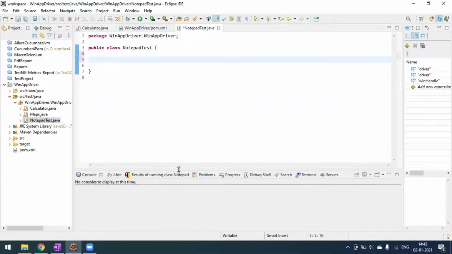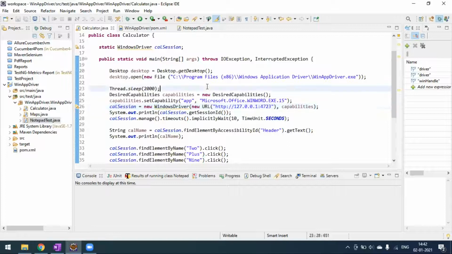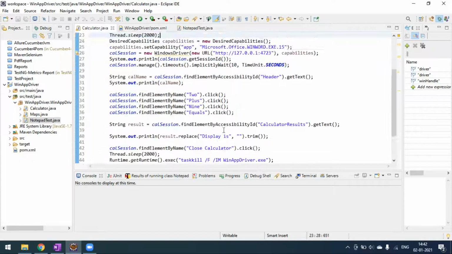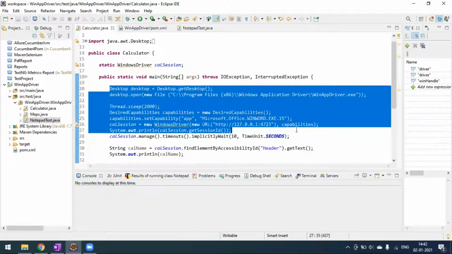Now we'll write some TestNG tests here to launch our application, and we'll run some automation tests using the Notepad application. So the very first thing: in our yesterday's video, we saw how to start this WinAppDriver programmatically and how to stop the same, right? So I will copy these three lines of code from here.